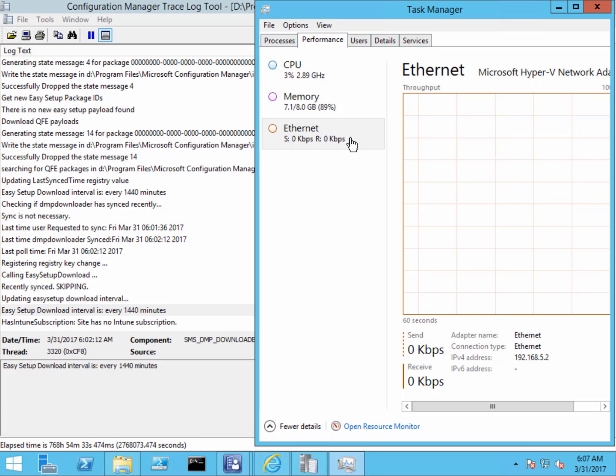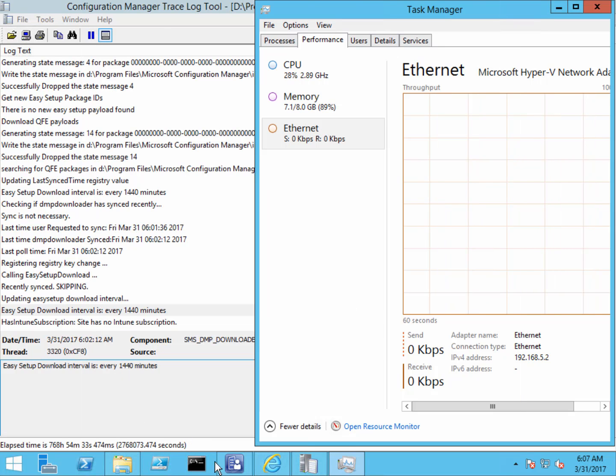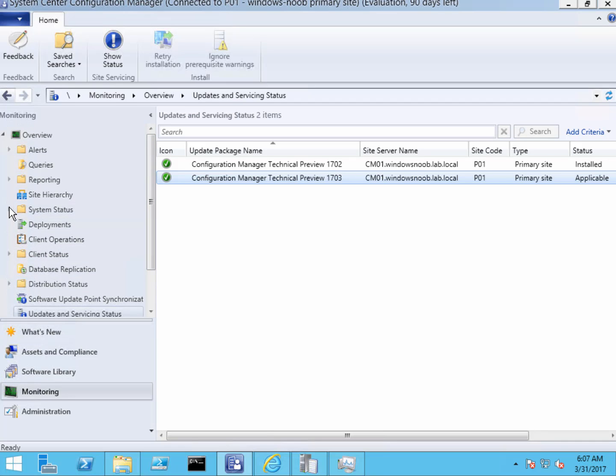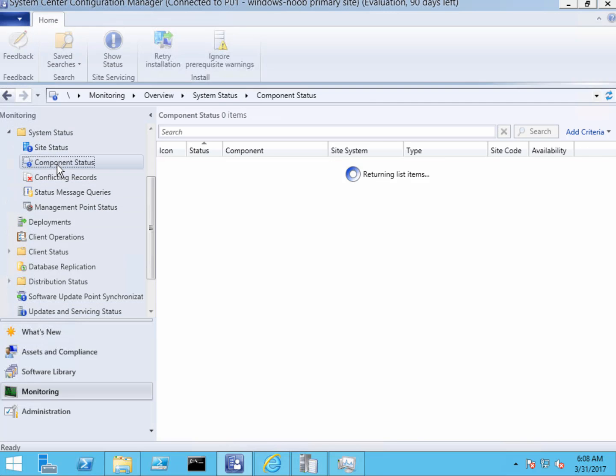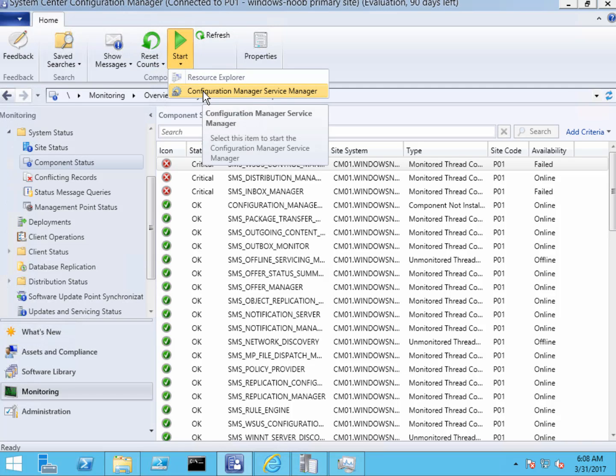Now, if you were terribly impatient, what you'd be tempted to do here is to forcefully spur it along by going into the monitoring node again and looking at component status under system status, and in there you can click on this green arrow which says start on it, go to configuration manager service manager,